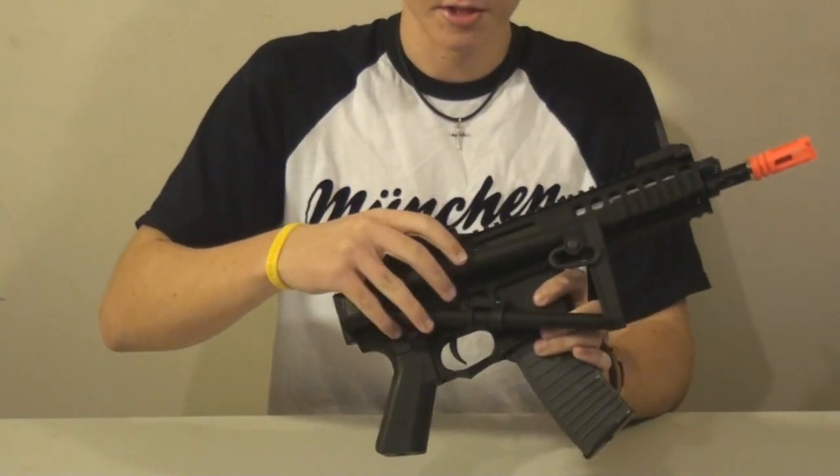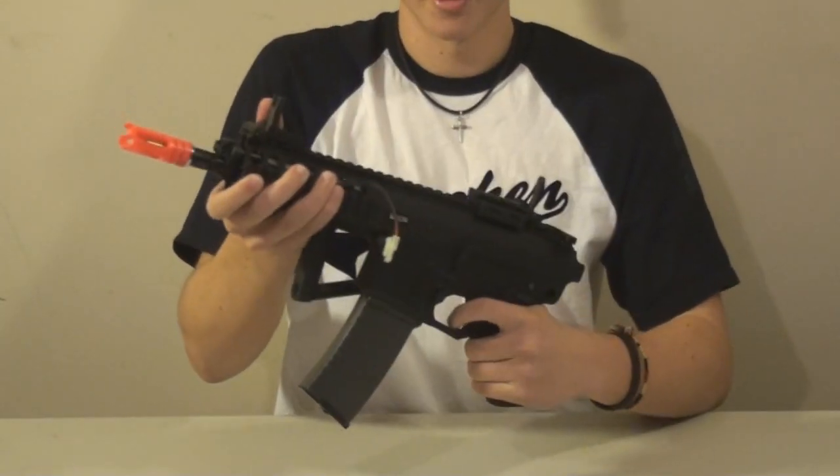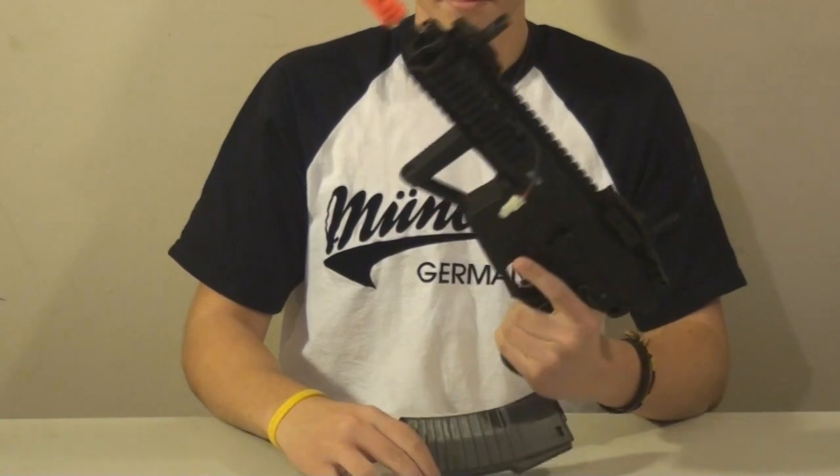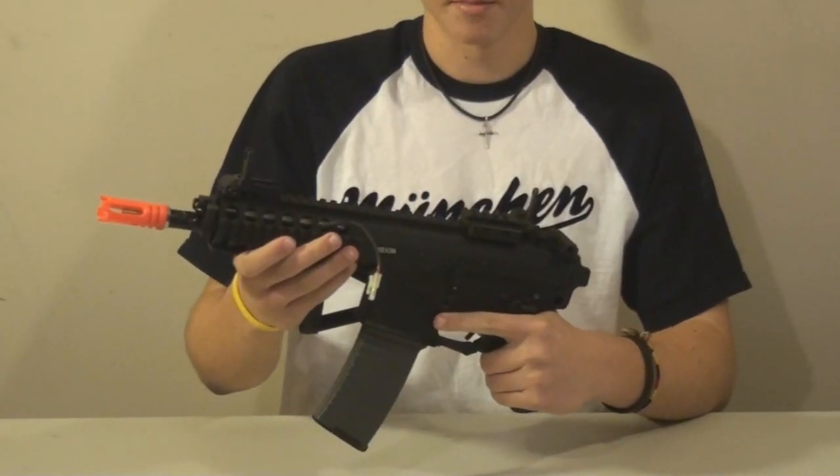If you look here, you can see the mag release is blocked by the folded stock. But on the other side, easy mag release, reload, you're good to go. Flash hider up here, we have a very nice 14mm counterclockwise thread, and using that 14mm thread, you can easily take off the flash hider it comes with and put on this all-metal darker flash hider